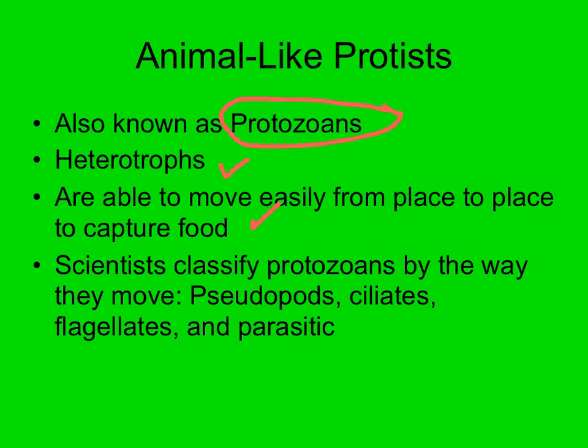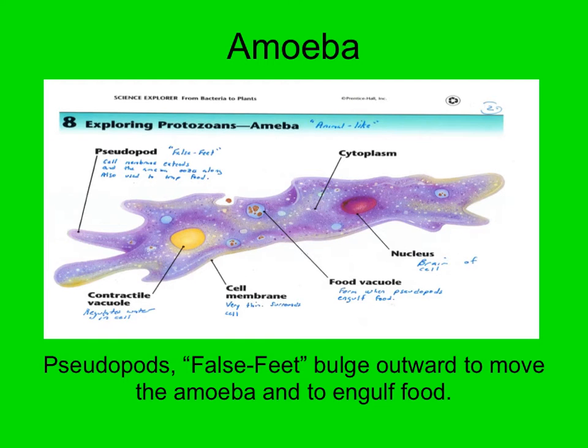You have those protists that use a method of locomotion called the pseudopod. You have those that use cilia for locomotion, and then those that use flagella. And then you have that fourth group of parasitic protists that really don't need to have any method of locomotion on their own. They hitch a ride off their host. So let's look at some of these organisms now, starting first with the amoeba.